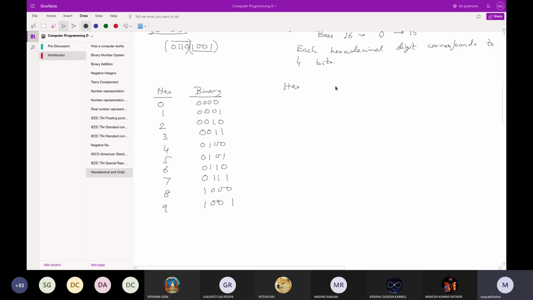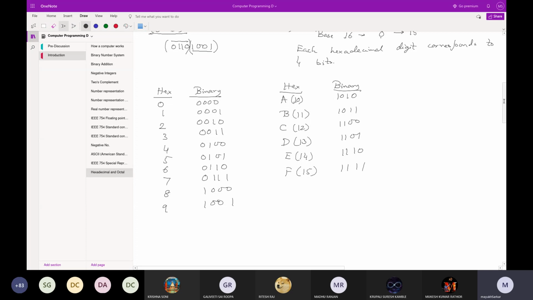Let me write on this side. Hex 10. In fact, rather than 10, it is better that you start practicing with the alphabets, which is value 10. 1 0 1 0. And finally F. Okay, we have covered all binary digits here.